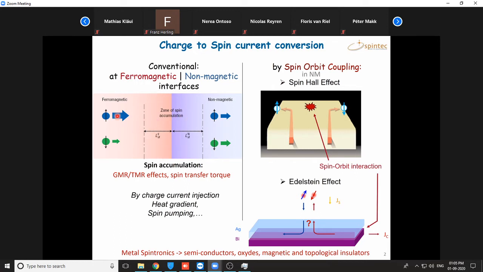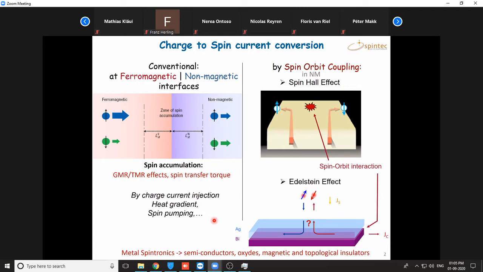situation, which allows you to go from a spin polarized to non-spin polarized current at equilibrium in ferromagnetic and non-magnetic interface. So this generates the spin currents, and these spin currents and this spin accumulation zone are responsible for the giant magnetoresistance, tunnel magnetoresistance effect, spin transfer torque, and so on. This can be achieved by flowing a charge current, but also by using a heat gradient, dynamical spin injection, like